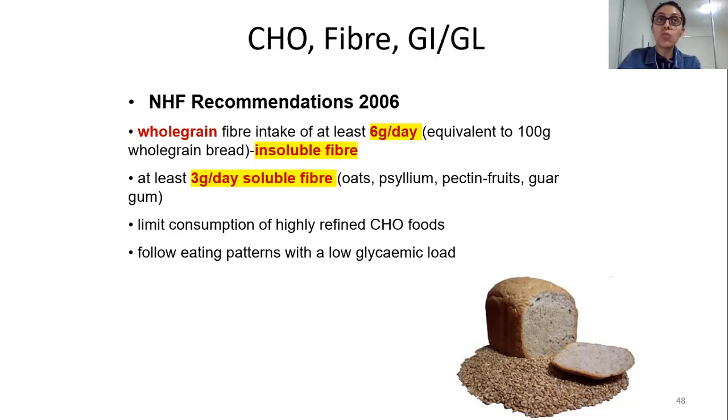Why? Because your fibers will get fermented in your large intestine. One of the mechanisms is what I'm talking about. More mechanisms would have been explained to you in food science. So one of the main mechanisms is that it gets fermented in the large intestine. It will produce short chain fatty acids like butyric acid, and butyric acid will help to increase your HDL and decrease your total cholesterol and LDL. Good thing. So that is how fiber can be good for heart health.